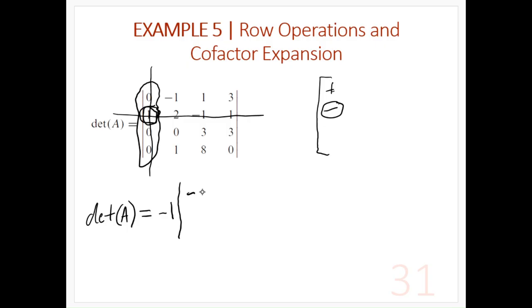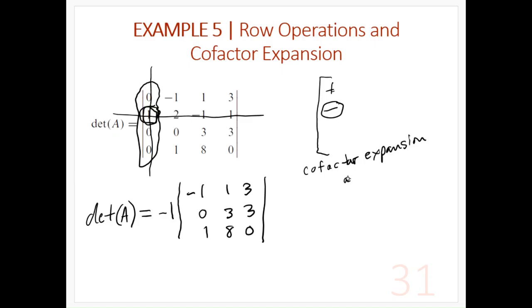Our new submatrix is going to be negative 1, 1, 3. We've got 0, 3, 3. And we've got 1, 8, 0. How cool is that? So we did what we call cofactor expansion along the first column. So you're really going to want to practice these problems,